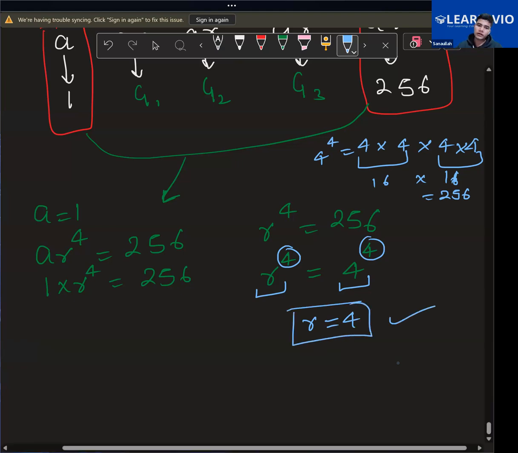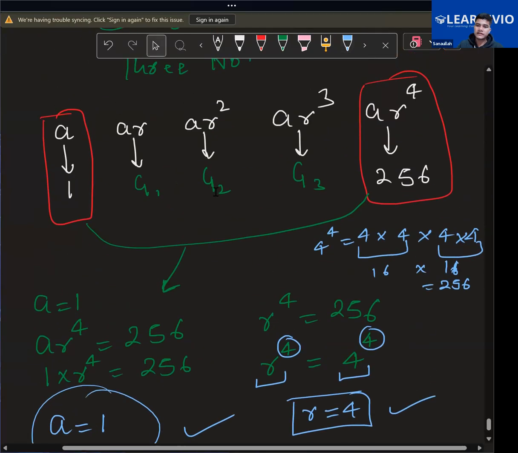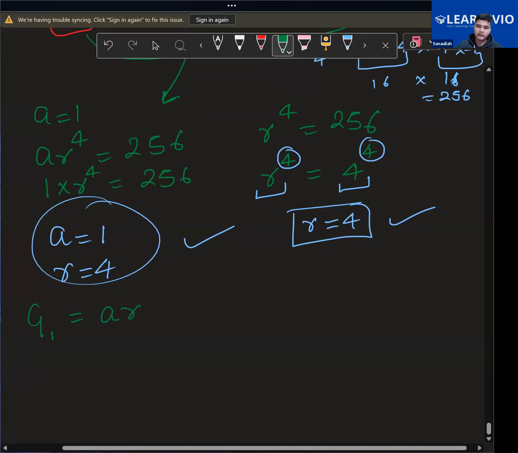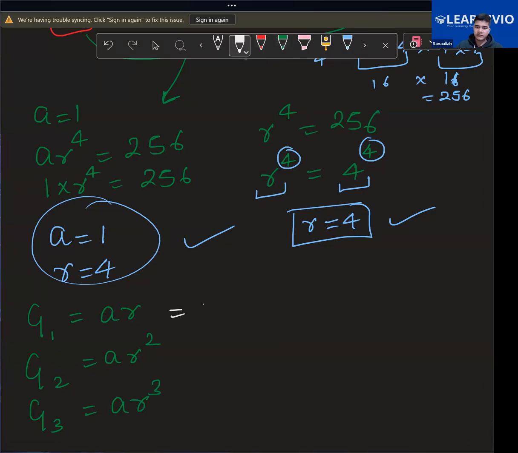Now we have the value of a, that is 1, and we have the value of r, that is 4. We have these two values. Now can I find the values of G1, G2, G3? What is G1? ar. What is G2? G2 is ar square. What is G3? G3 is ar cube. So ar is 1 times 4,